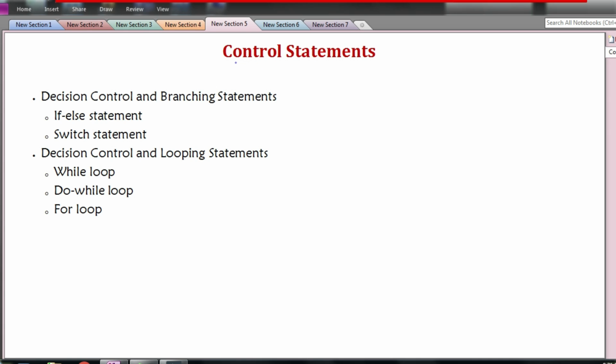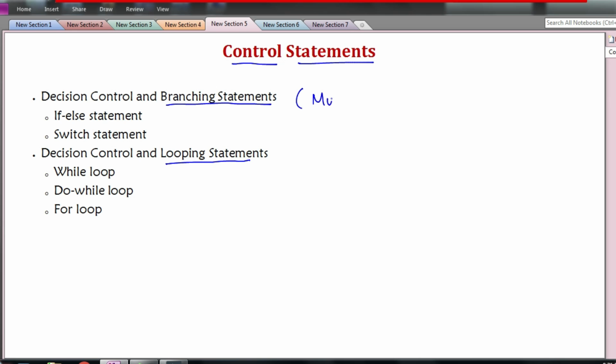In decision control statements, we have two categories. One is decision control and branching, and the other one is decision control and looping. In decision control and branching statements, there will be multiple blocks of statements. Out of that, only one block of statements will get executed, and the program will decide which set of statements to execute.